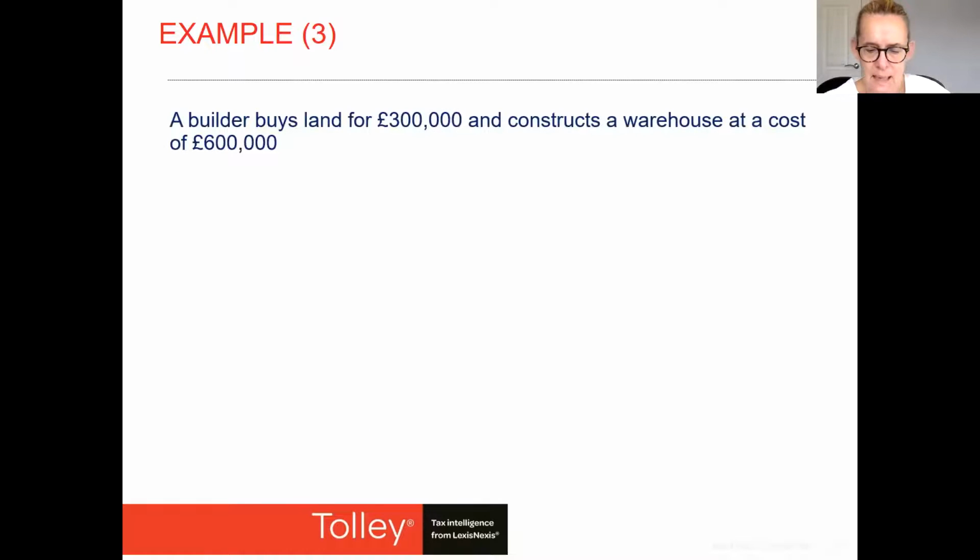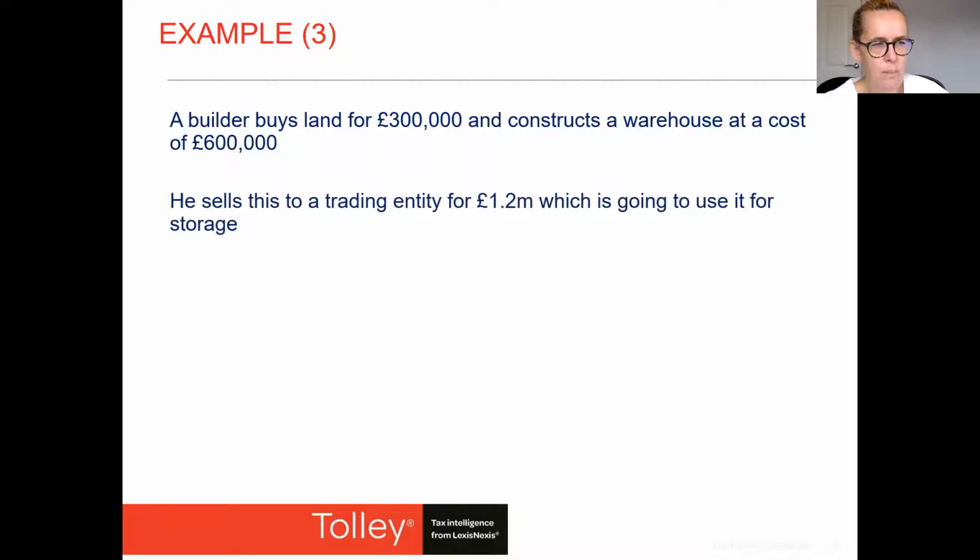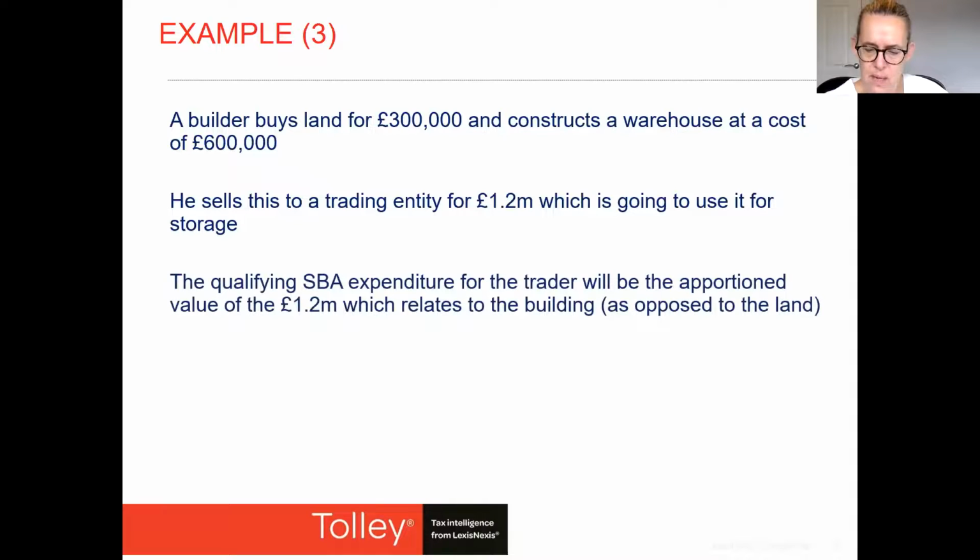A builder buys land for £300,000 and constructs a warehouse at a cost of £600,000, and then he sells that to a trading entity for £1.2 million, and that trading entity is going to use it for storage. So it is going to use it for commercial purposes. Now, in this particular case, the qualifying SBA expenditure for that purchaser will be an apportioned amount of the £1.2